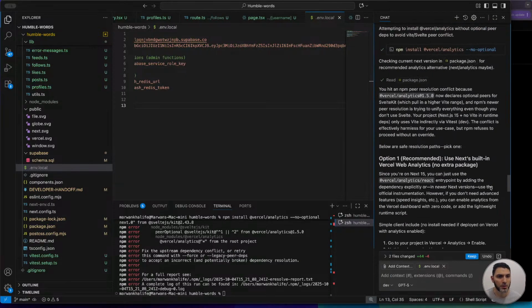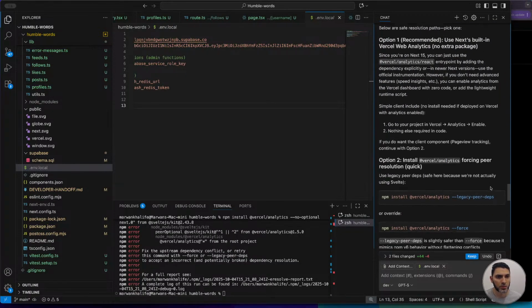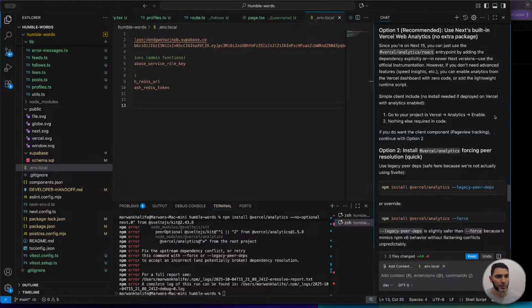Okay. Why is this so complex? So it recommended using Next.js built-in Vercel Web Analytics, no extra package. Since you're okay, so it's already installed. You can use the React endpoint by adding the dependency explicitly, or a newer version use